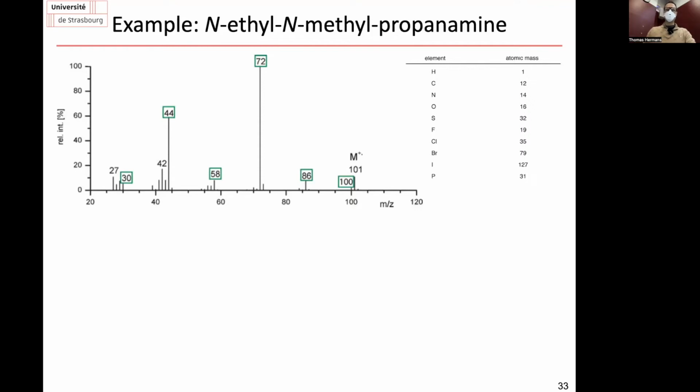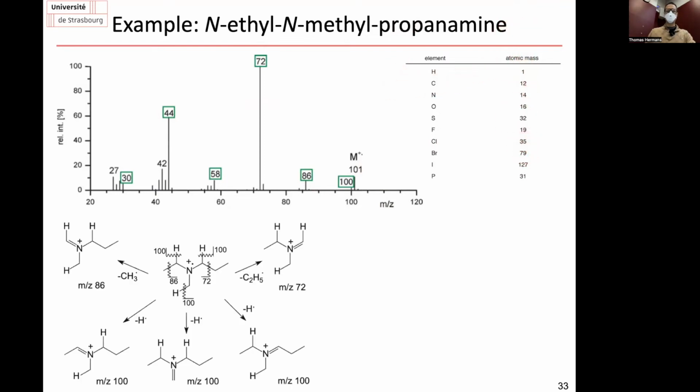For example, in this amine series, I'm just reminding you of the atomic masses of the elements. Nitrogen is 14, the most abundant. We have this compound, which is an organic base used in synthesis quite a bit. We see the molecular ion peak is 101, because we have nitrogen 14, carbon 12, and then hydrogens, you sum them up, you get that,